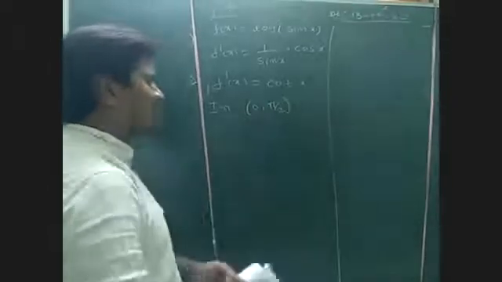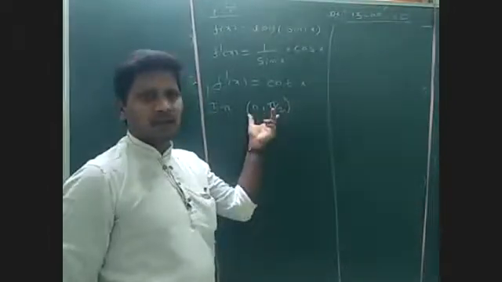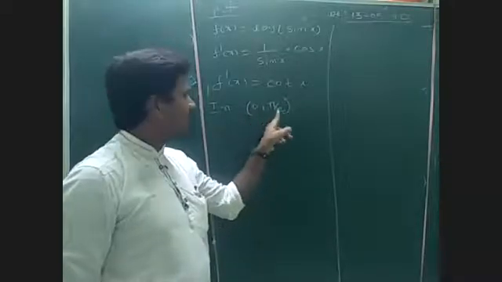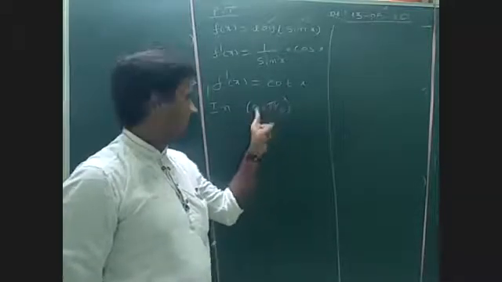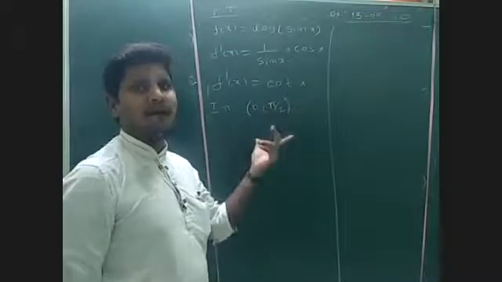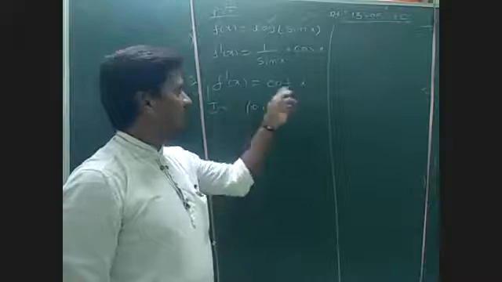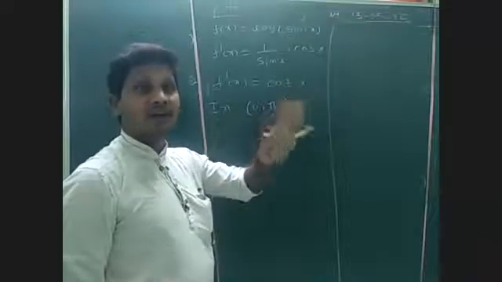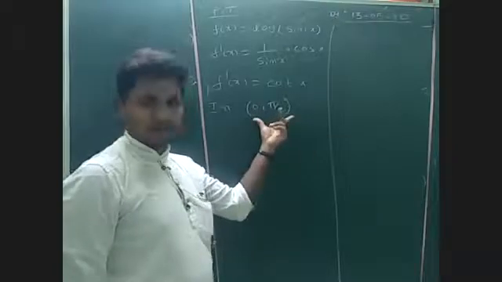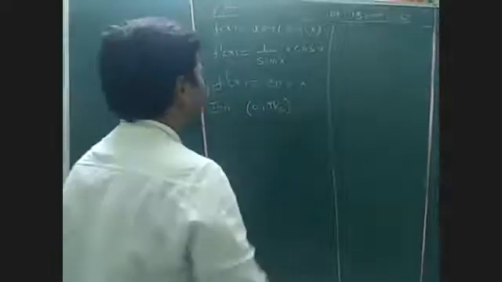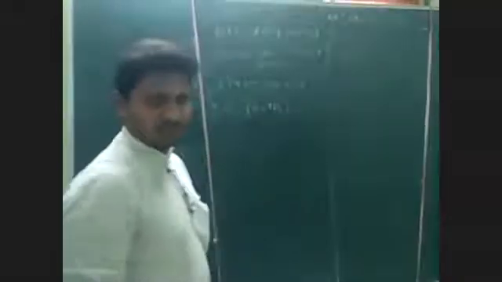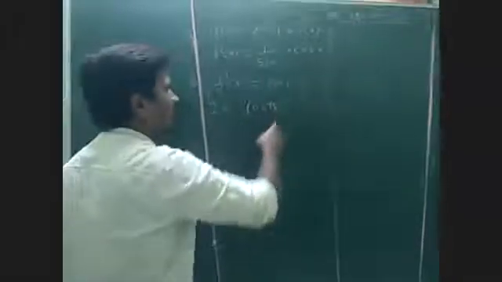If it is a closed interval, what will happen here? Closed means the endpoints belong to the given interval. What is cot 0? Cot 0 is undefined, so f dash of x will be infinite. Infinite is nothing but not differentiable, undefined. So it must be an open interval. In this open interval, whatever value you substitute here, you will get a finite value.